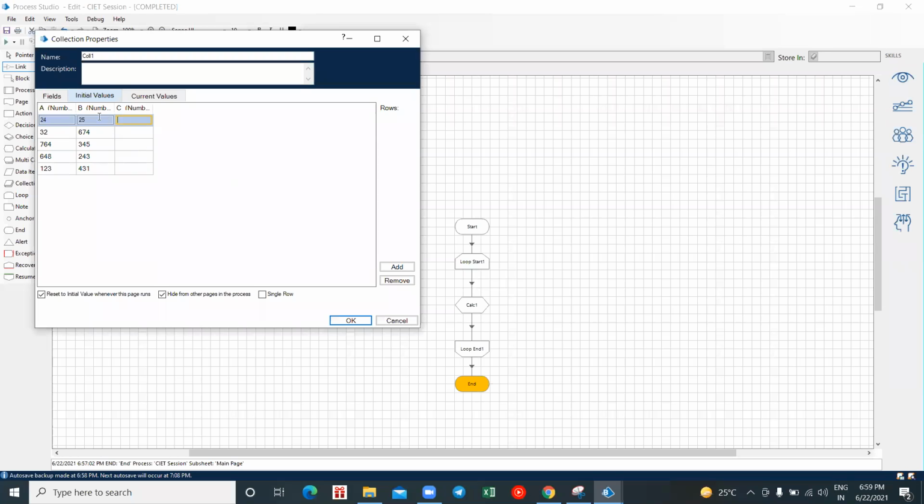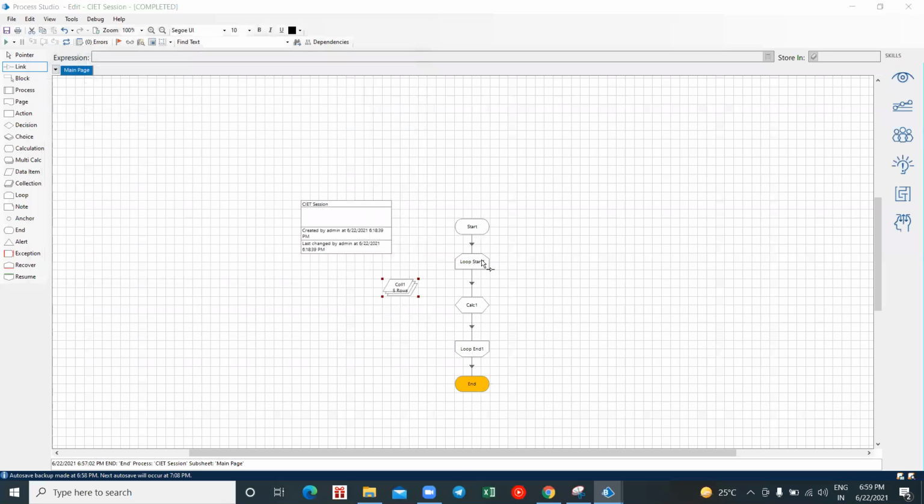But I want this addition operation to be performed on all my 5 rows. With the help of this loop stage, the expression I've given in this calculation is performed on all my 5 rows.